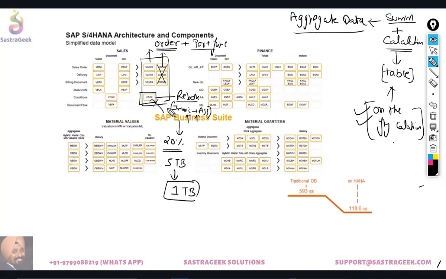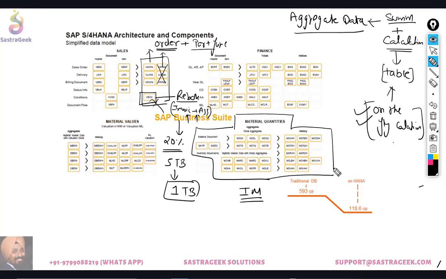Some of the parts where your header and line item statuses were stored in different tables have been combined in your header and item tables. Your finance data model has been simplified, but the most major simplification comes into your inventory management. So why are there the most changes in inventory management? Because we are having a new table here,